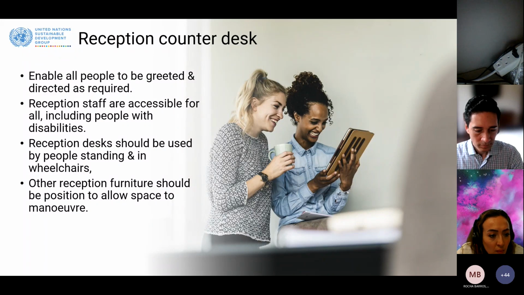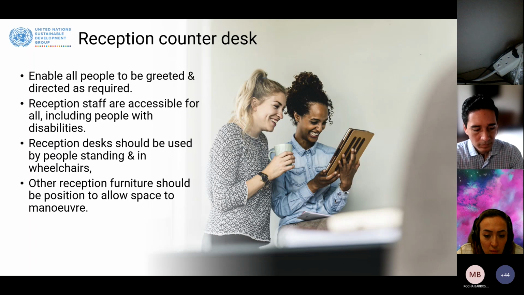Reception desks themselves should be usable by people standing or sitting in wheelchairs, and other reception furniture should be positioned to allow space for maneuver and to be accessible for persons on wheelchairs.